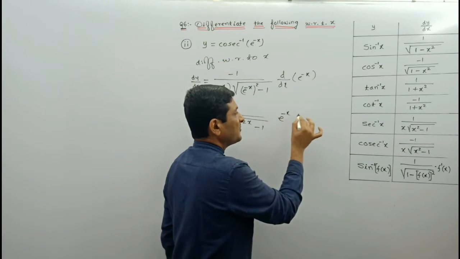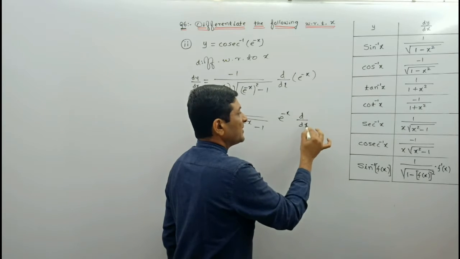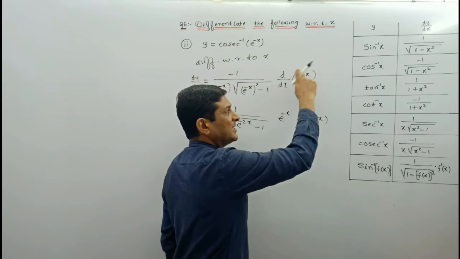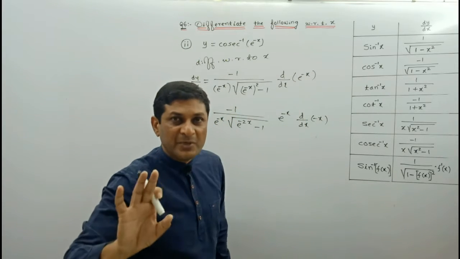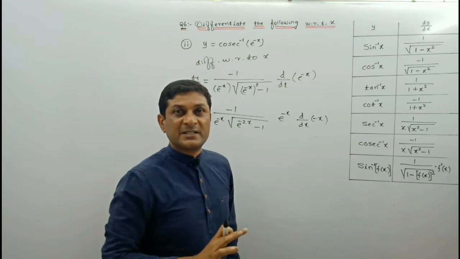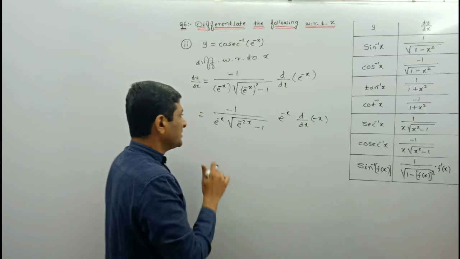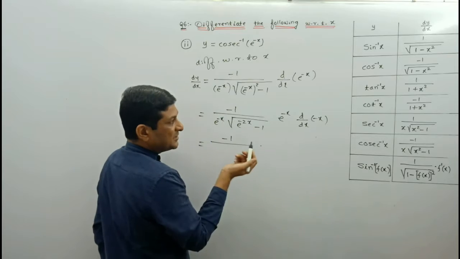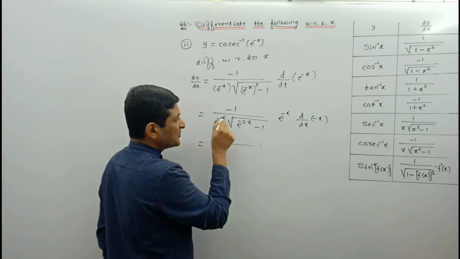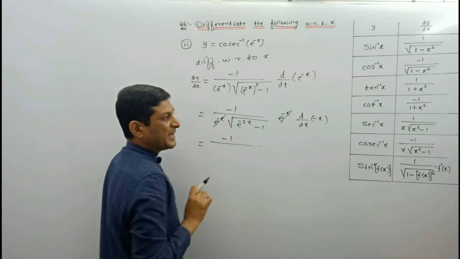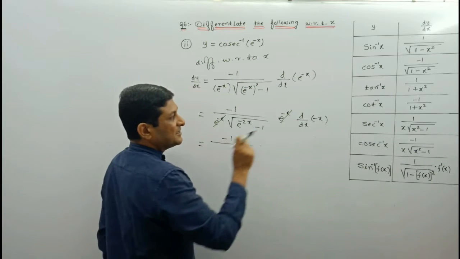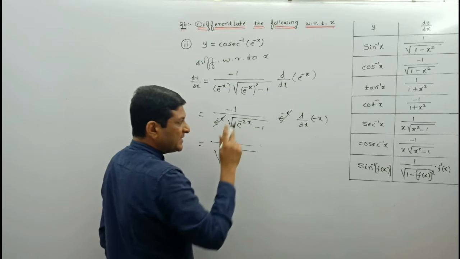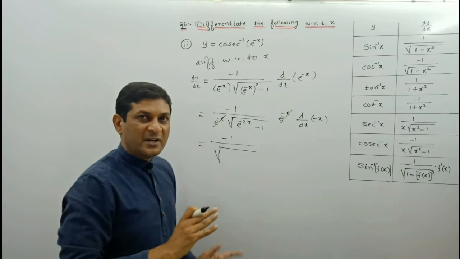E raised to power f of x into derivative of f of x. What is f of x here? Minus x. Getting it? If instead of x another term appears, at that time it is considered as f of x. So which is equal to minus 1 upon, here easily we can observe that e raised to power minus x and this e raised to power minus x will get cancelled, and here minus 1 divided by, here to convert negative power